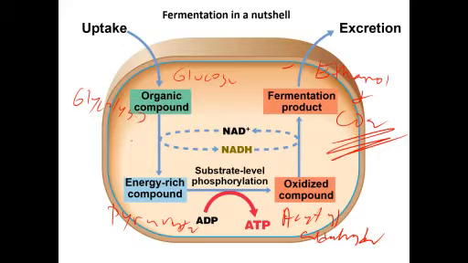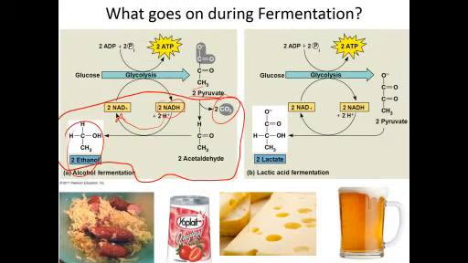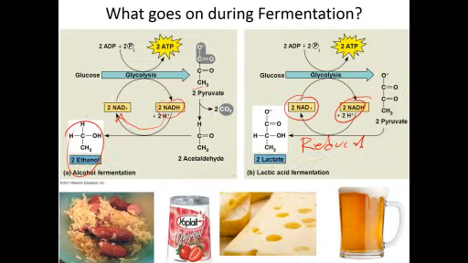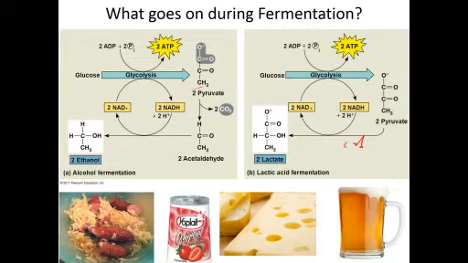Here, looking at the second type of fermentation, lactic acid fermentation. This is the fermentation pathway we're going to look at. Pyruvate is going to be reduced into lactate, and NADH is oxidized to NAD+. What I like about these two figures is that it shows that the whole purpose of this fermentation process is to keep glycolysis going, because if you recall,